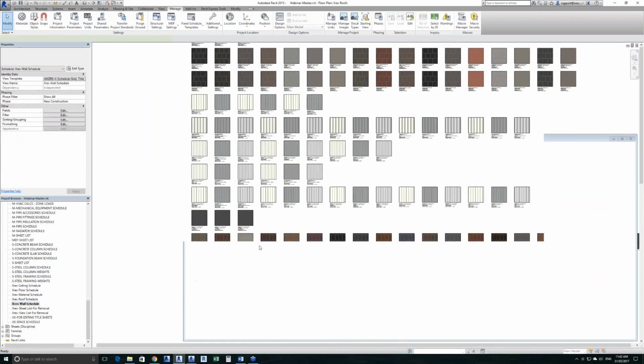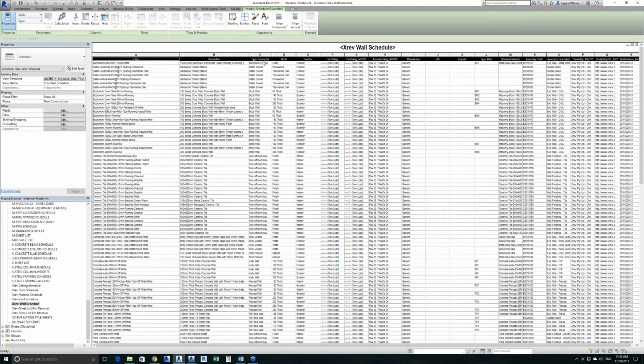And finally, walls. So you'll see with all our walls, we have, again, all the types are entered consistently. We have descriptions against every one, type comments, model, function data, the fire ratings. These are all generic, so I haven't obviously given them real fire ratings. That's up to you, but they are set up so